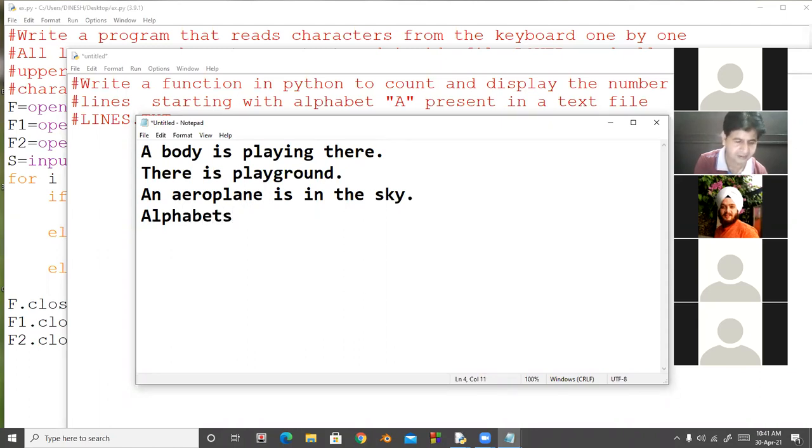Alphabets and numbers are allowed in password.